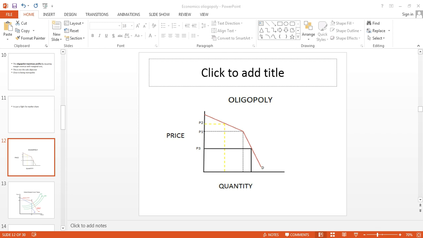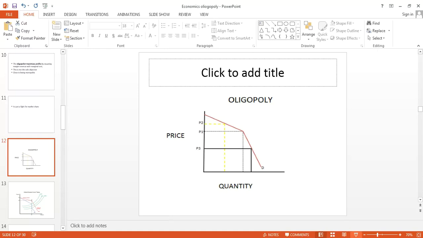Okay, so welcome to this third part of oligopoly. We are still looking at the non-collusive side of the oligopoly, in which competition does take place, and in which there are a few players in the market who are willing to compete with one another. However, the curves that we face